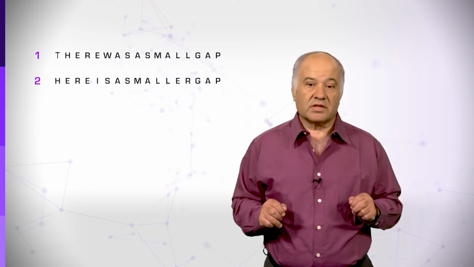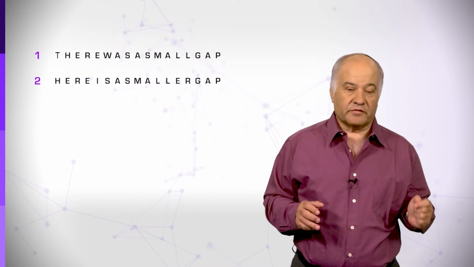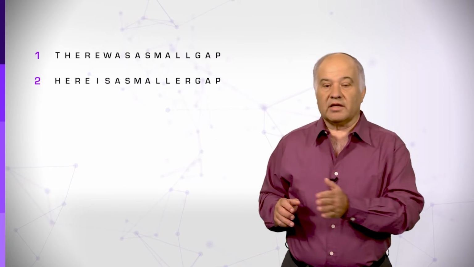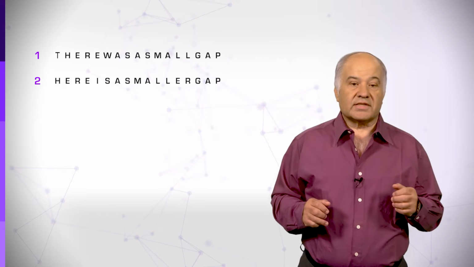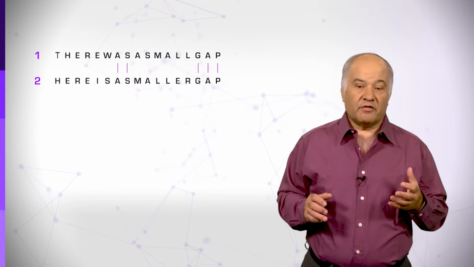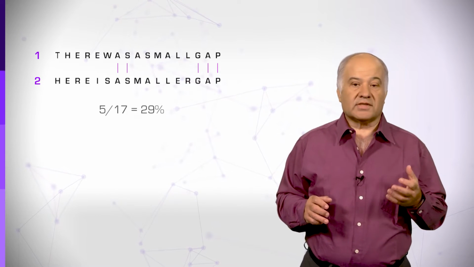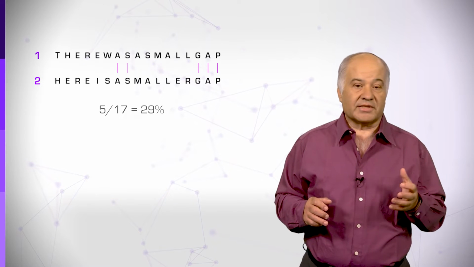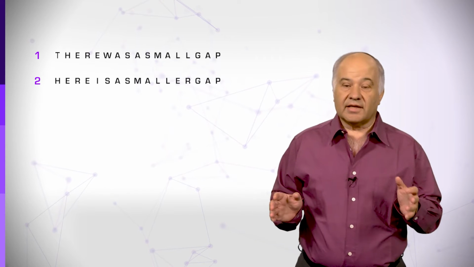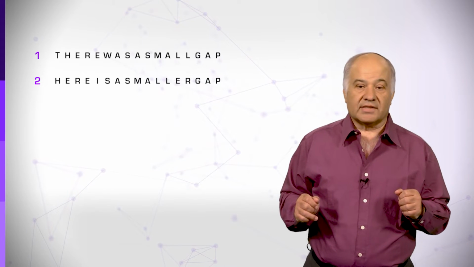between two sequences. We can take the obvious approach and compare the first letter to the first letter, the second to the second, and onwards from the beginning to end. Using this simple method, we see that out of 17 amino acids, there are 5 matches. So we can divide 17 by 5 and conclude that the sequences are about 29% similar or 29% identical. Actually, similarity and identity are not the same terms. We will discuss this issue in the next segment.